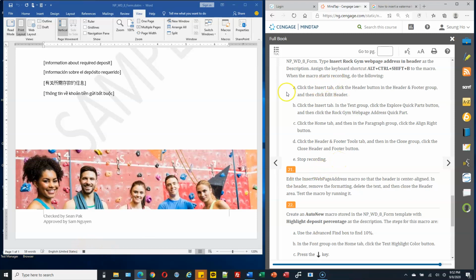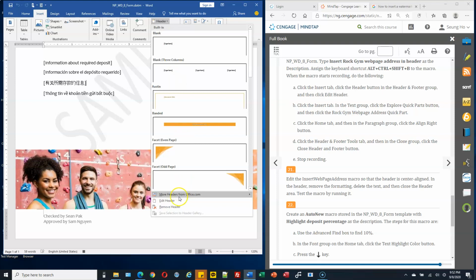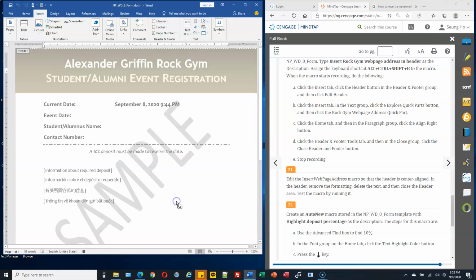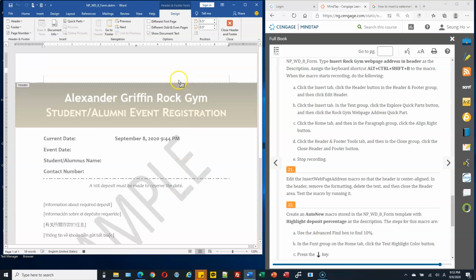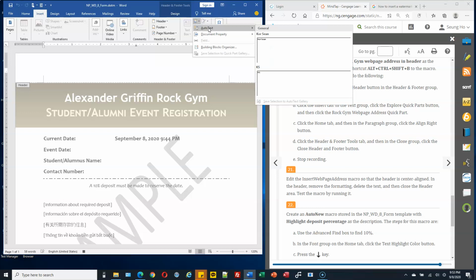So click the insert tab. Okay, insert tab, and click the header button. Insert tab, header, and then edit header, and then click the insert tab again. In the text group, click the quick part button, and then